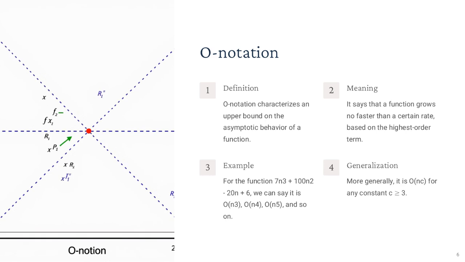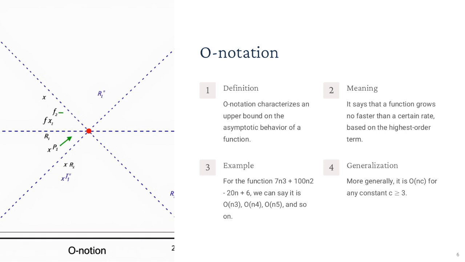O notation is crucial for evaluating how well algorithms handle worst-case scenarios, ensuring that their scalability is well understood. Importantly, O notation allows flexibility. For instance, the function 7n cubed plus 100n squared plus 20n plus 6 can be described as O(n cubed), O(n to the power of 4), or O(n to the power of 5), though the tightest bound is O(n cubed). By emphasizing the dominant term, O notation enables clear comparisons and robust evaluations, providing a reliable metric for